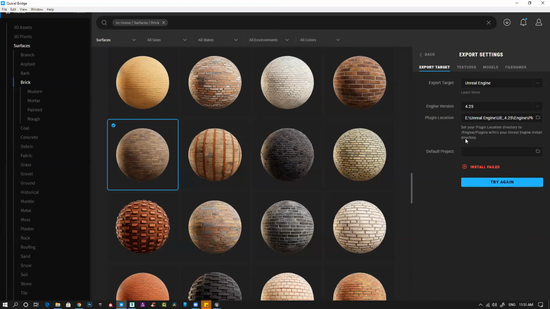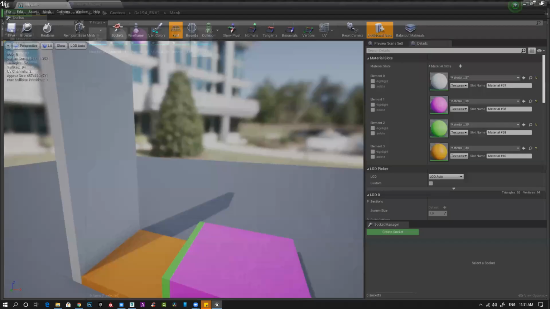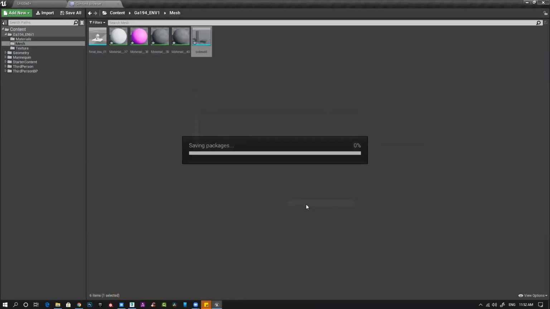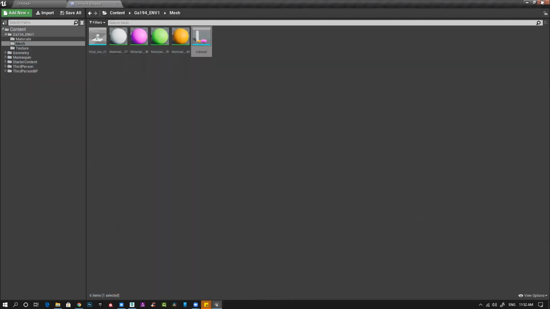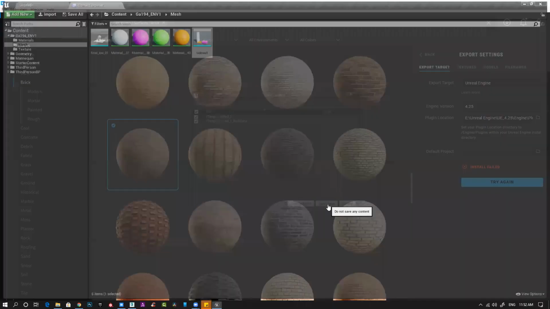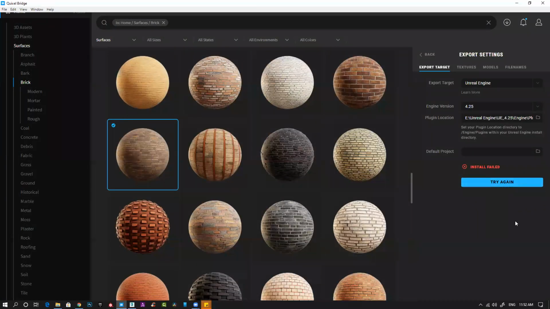Install scale. Correct. So the engine is on. We will cover that. Let's save it.